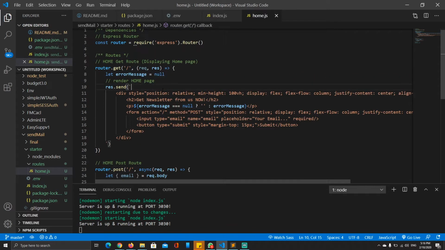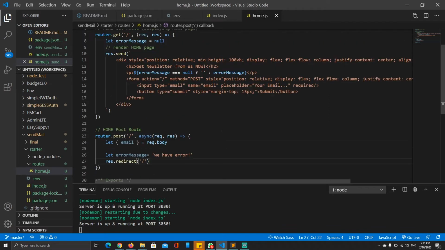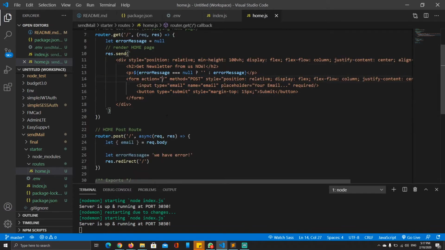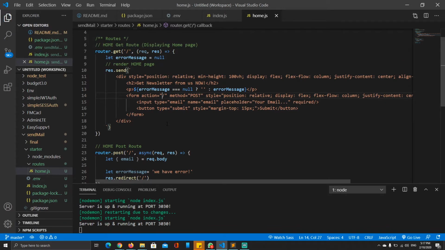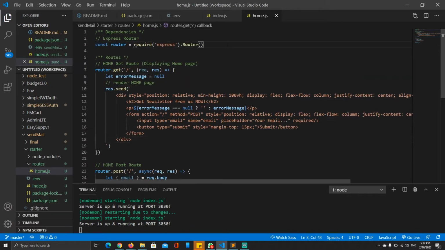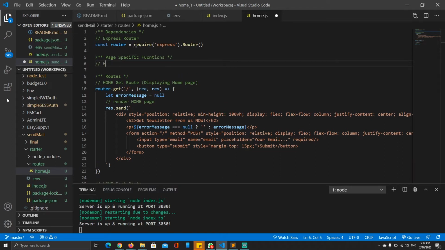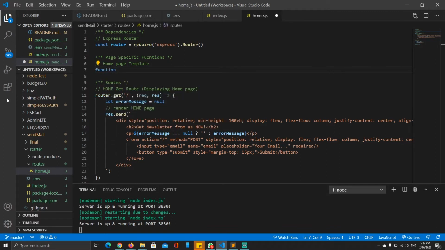So a way we can handle this is to make this one become a function, right? So you just call a function with a parameter of error message. The way we're going to do that is I'm going to create another layer over here, which I'm going to name page specific functions. So this is going to be our home page template. This is going to be a function, and the name of the function is going to be homeTemplate. This home template is going to receive a parameter,